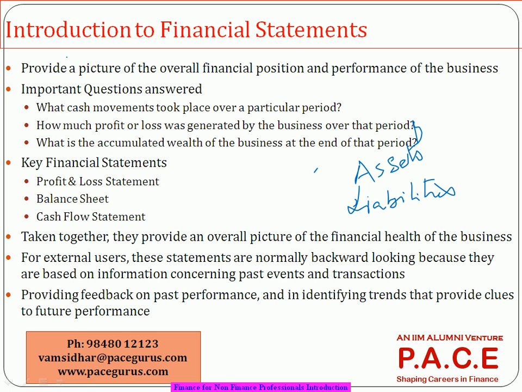So how is the profitability of the company growing? If it is growing more and more, there is a good chance that he will get more and more in the form of dividend. But if the profitability is falling from last year to this year to next year, then probably as an investor you don't want to invest in that company, because you may not get much in the form of dividend. So an investor may look at the profitability of the company.